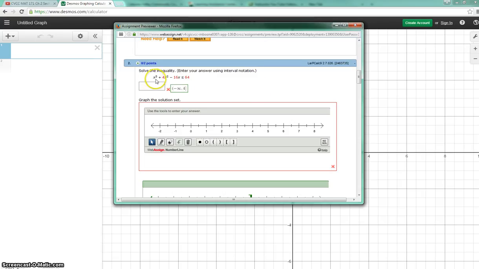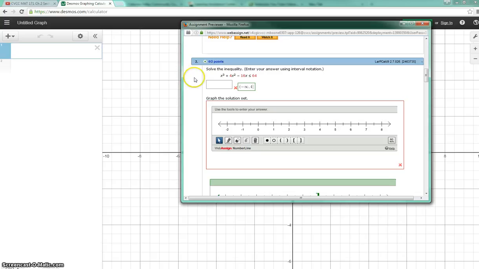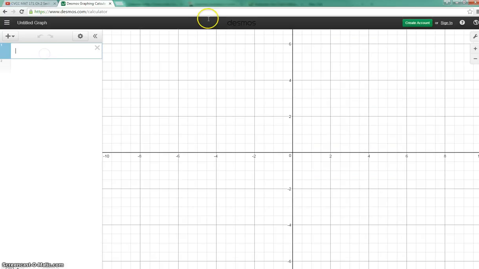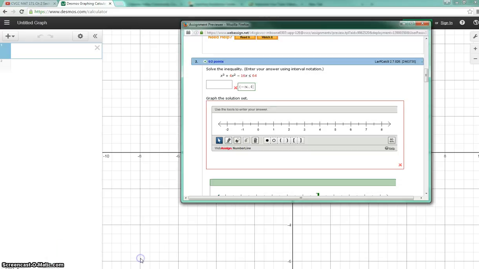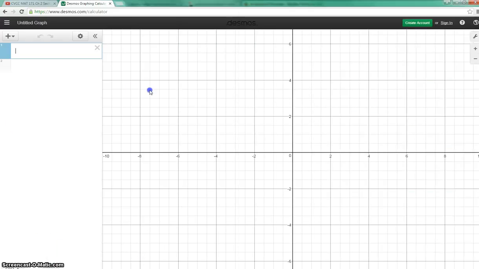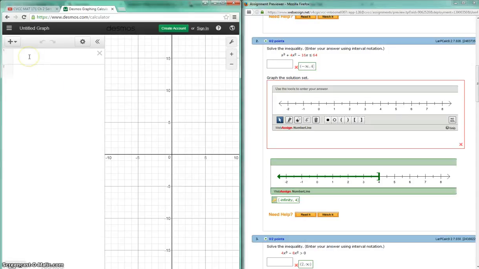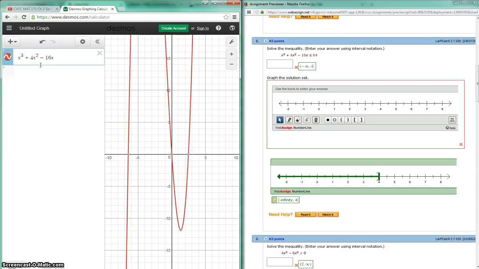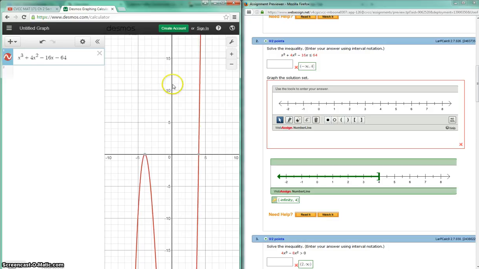So like on number 2, it says x cubed plus 4x squared minus 16x is less than or equal to 64. So if I was looking at a graphical approach to this, I would probably set one side equal to 0. And then I would have x cubed plus 4x squared minus 16x minus 64. So this is going to give me a graph, and if I set it less than or equal to 0,